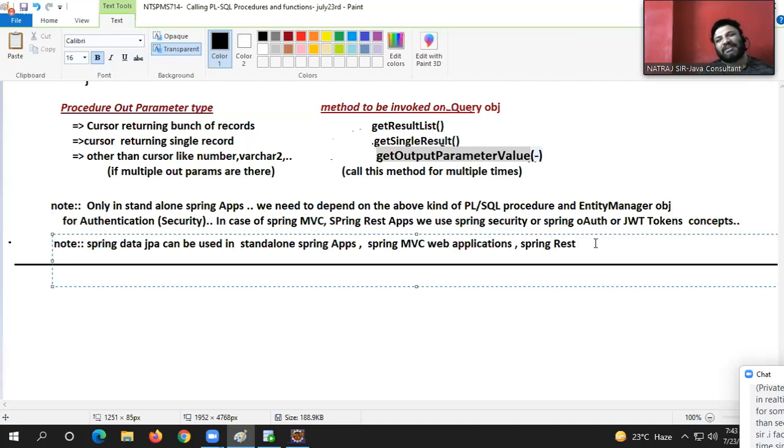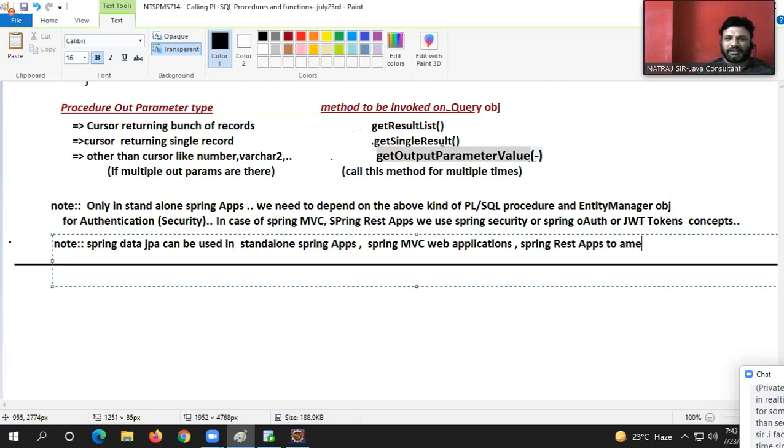It's like JDBC, guys. You can make a standalone application talking to database software using JDBC. You can make a servlet JSP based web application. So Spring MVC web applications, Spring REST applications,